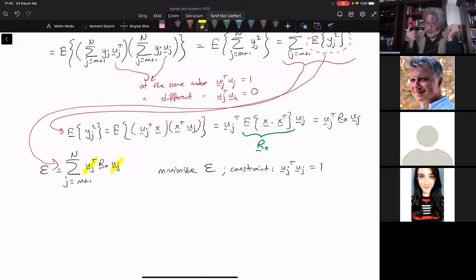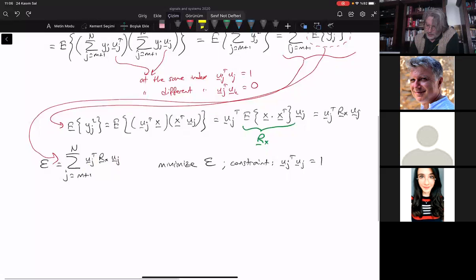You can think of minimization, but with this constraint, we don't allow you to take uj equal to 0. It's not allowed. Okay, that is the constraint which disables the choice of uj equal to 0. So uj is not equal to 0, because of this constraint. And the constrained optimization,